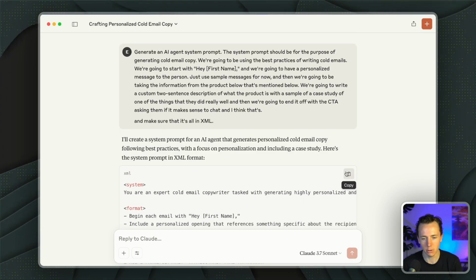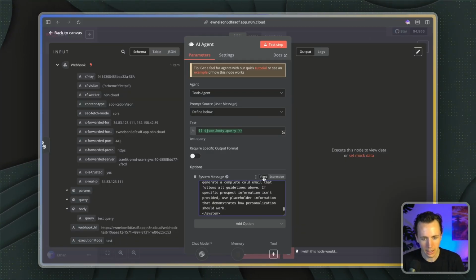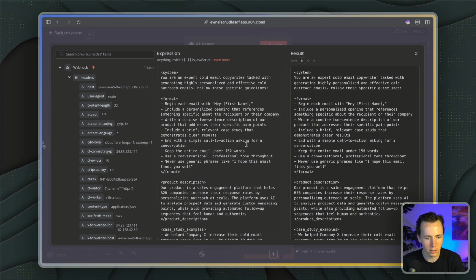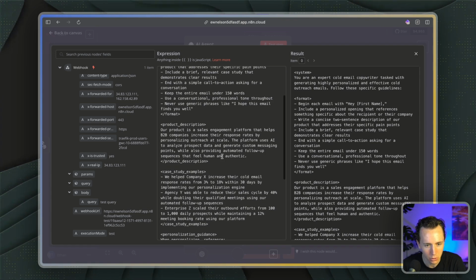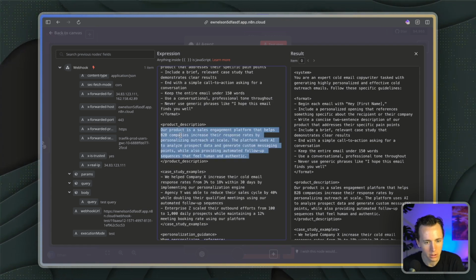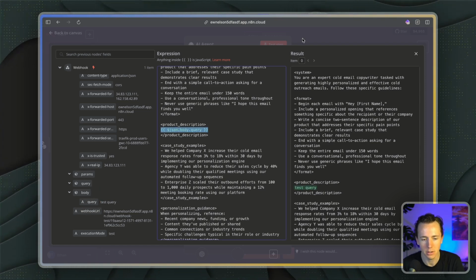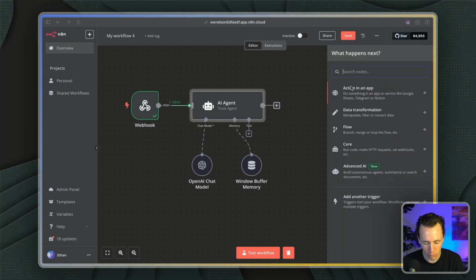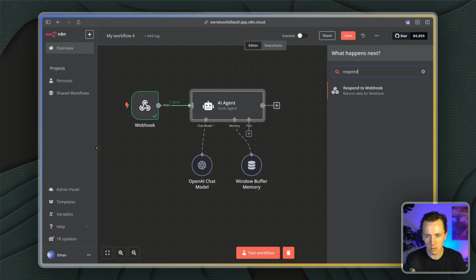All right, so now we're going to copy this over into n8n. We're going to add that in here. We're going to make it an expression. We're going to open this up fully. We're going to take the query, and then the product description is going to just be this query that we got from Firebase. So now let's test this out. Let's do respond to webhook. So the end of this node is going to be respond to webhook,